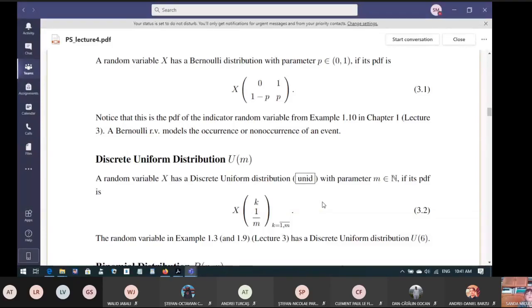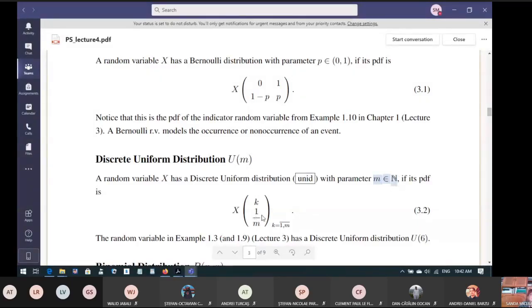It's the only type of distribution that has both the discrete and the continuous version. And because they're both simple distributions, there we can really see the differences between a discrete and a continuous random variable. So discrete uniform has one parameter M, which can take any natural values, natural numbers, not 0 though, so starting at 1,